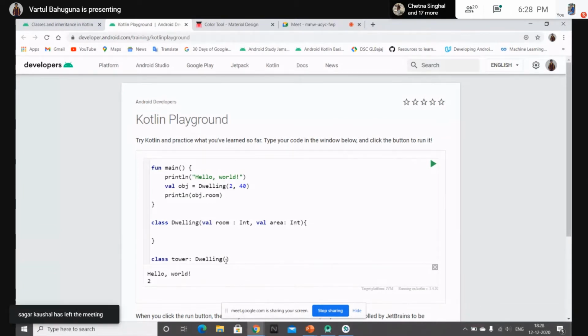So let me accept the parameters from here. Just copy paste this, and then I will pass these parameters to the dwelling class that we are extending.